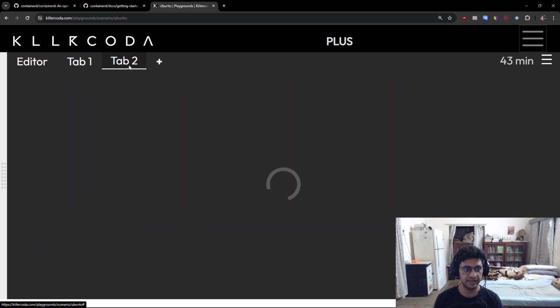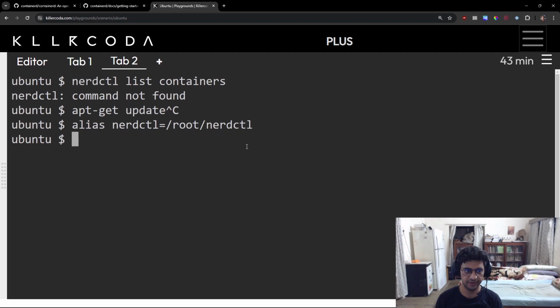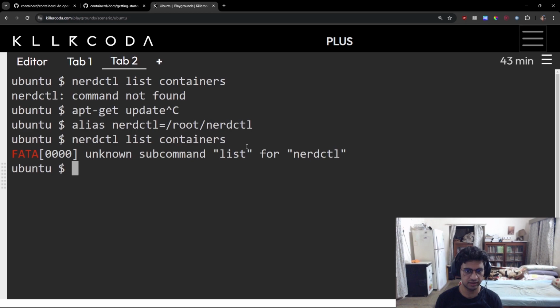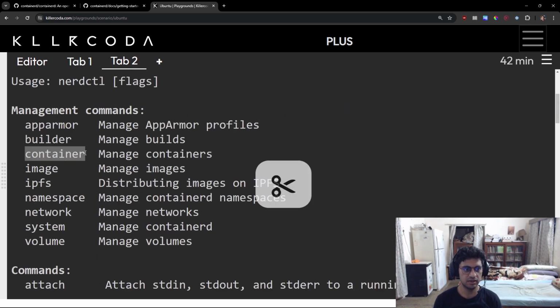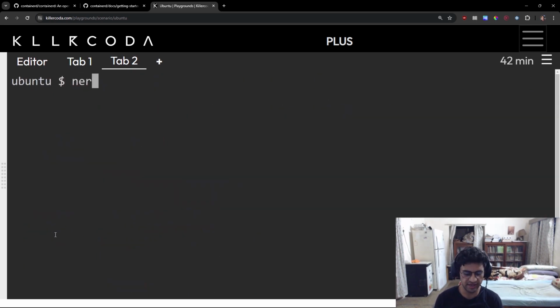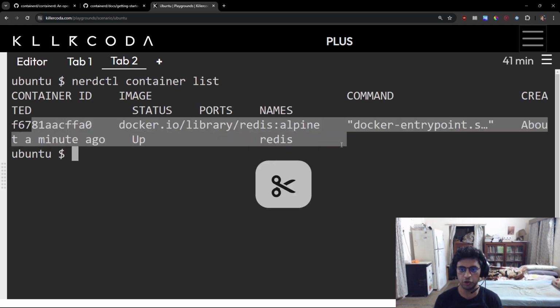So let's open a second tab over here, and we can do nerdctl list containers. We're going to have to set the alias once again. So let's do that. Alias nerdctl /root/nerdctl. And now let's go ahead and do a nerdctl list containers. And it's an unknown command. So let's do a nerdctl and see what the exact command is that we want, which is this nerdctl container. So we can do a nerdctl container list, and it's showing us here that we've got